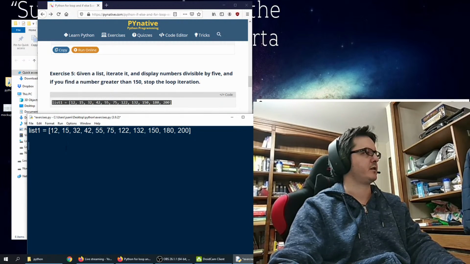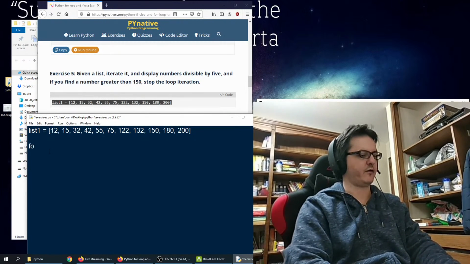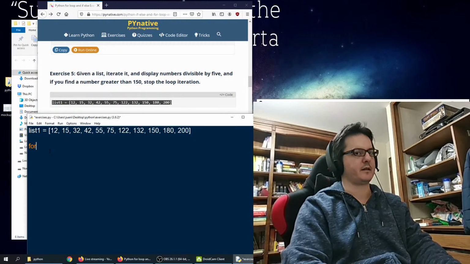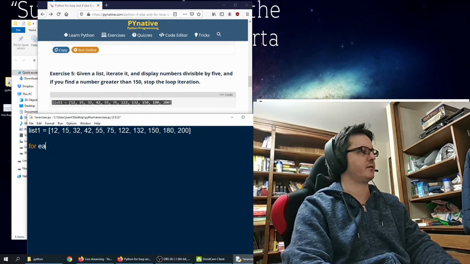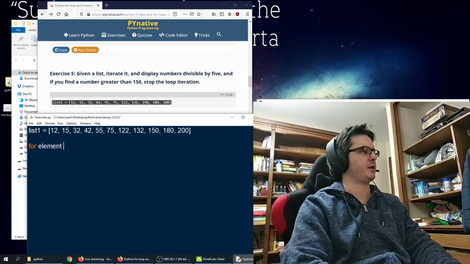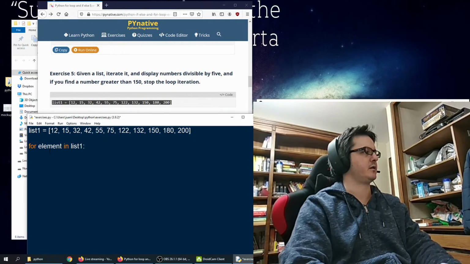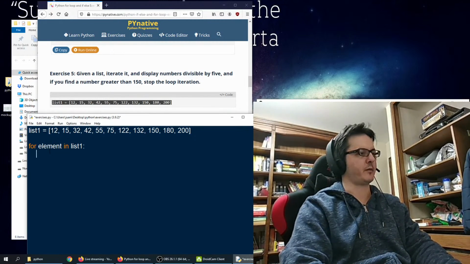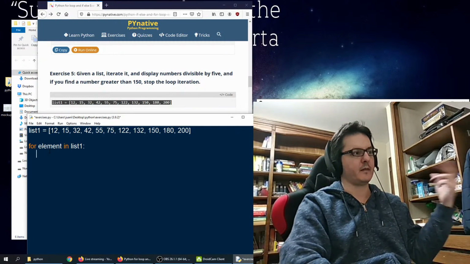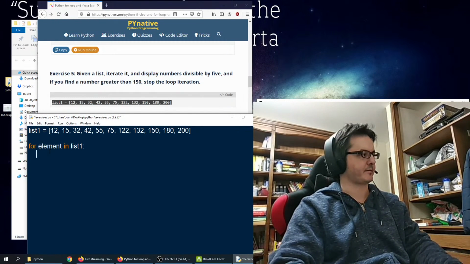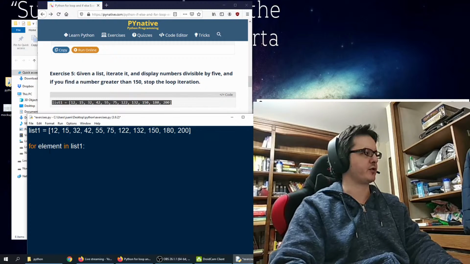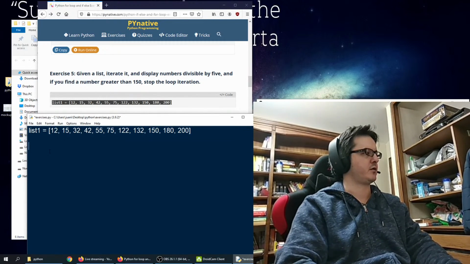Iterate it, which means for each element in list 1, we should perform operations. And that's one way of doing it. The other is using a while loop, which isn't as intuitive, which would be